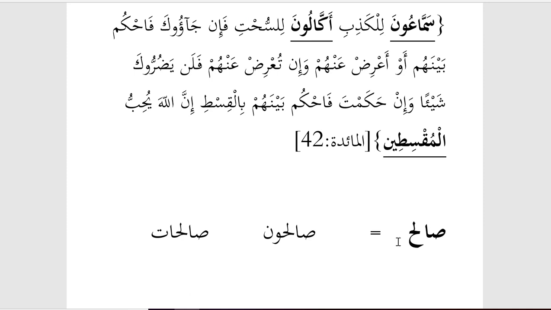Okay, so just to see what happened here. We have salih, and this is where we saw words that are on the fa'il form. Salih, and then if we're talking about a group of men, it becomes salihun. So that salih is preserved, and we add a waw and a noon. And then for the feminine, we say salihat. Salih is preserved, and we add an alif and a ta.